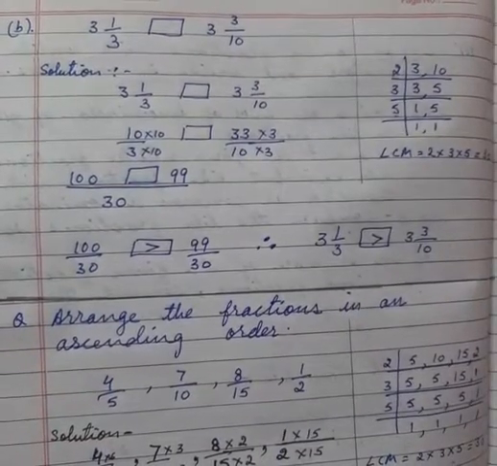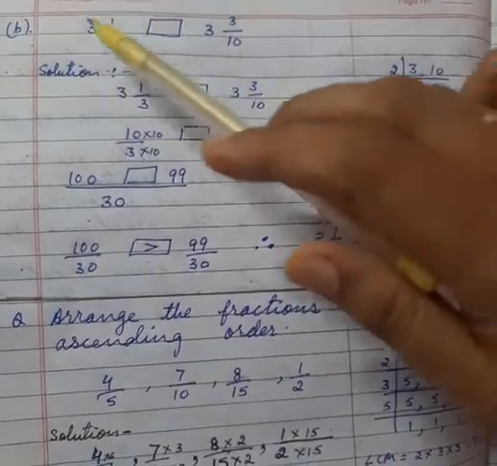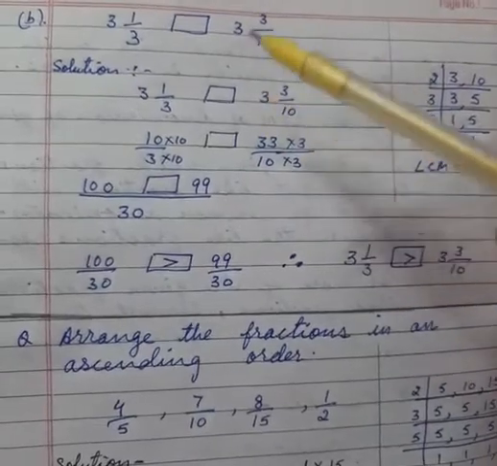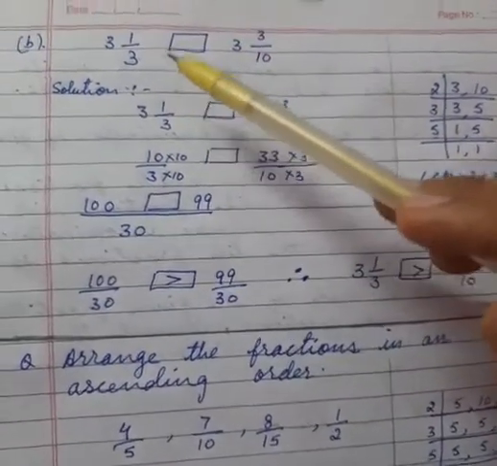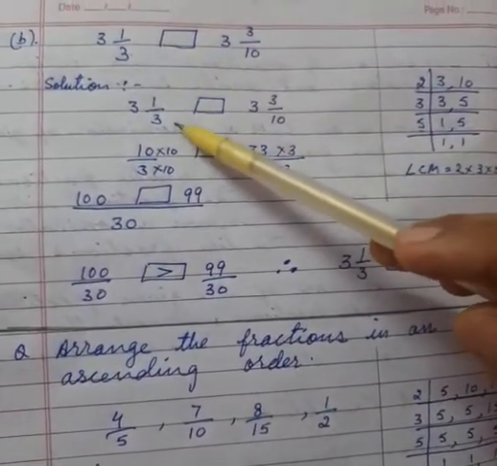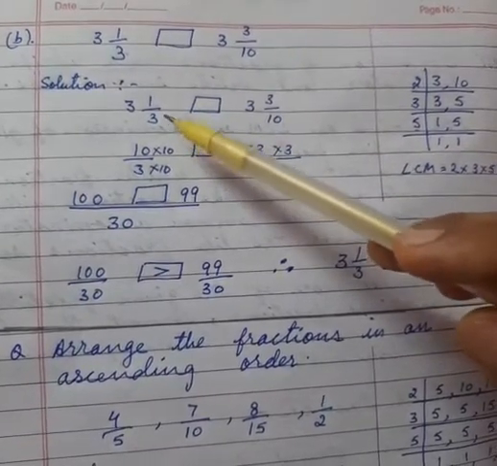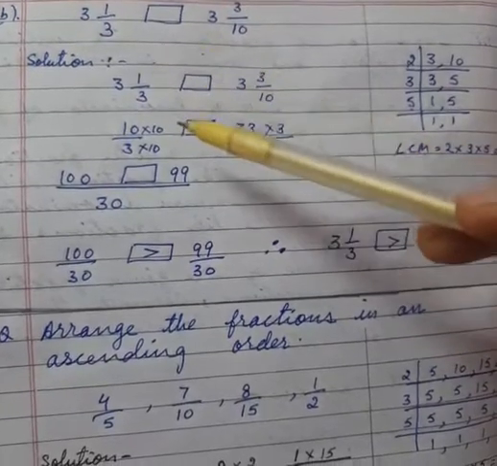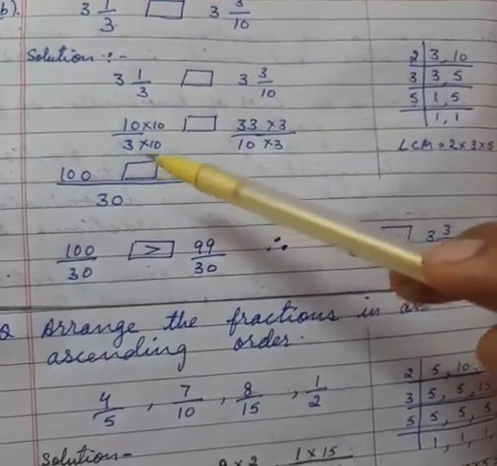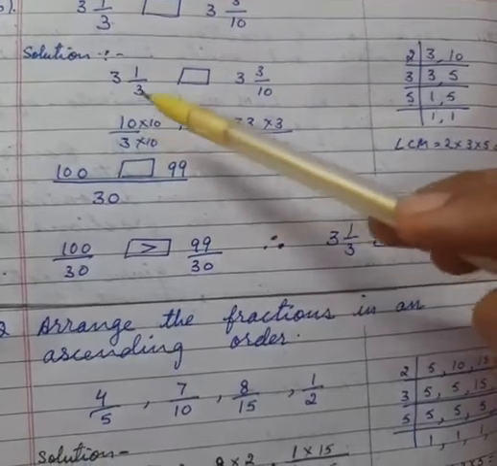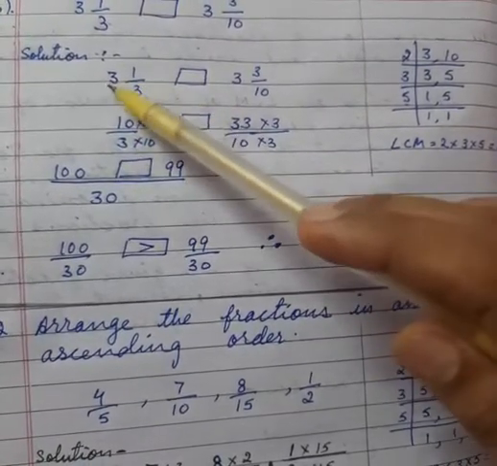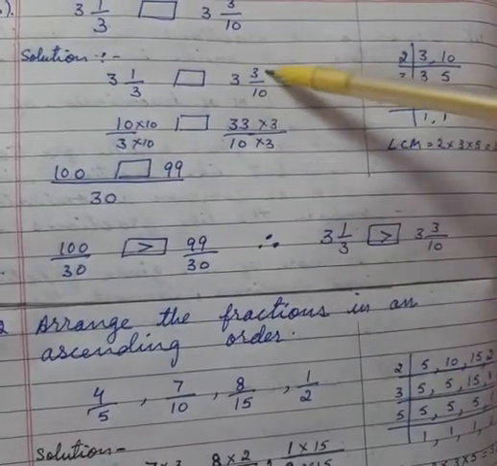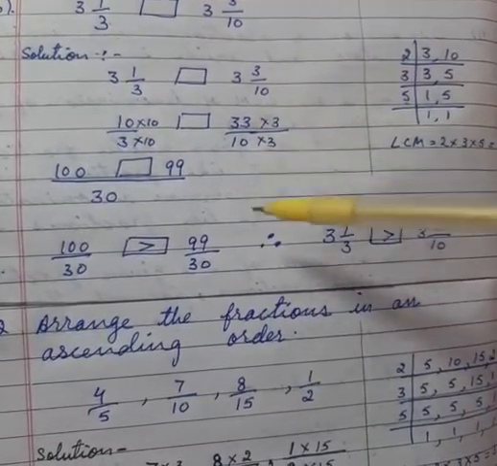Let us see one more example where we have mixed fractions. So as it was told to you before, when it is a mixed fraction, we have to first convert these mixed fractions into improper fractions. How to convert mixed fractions into improper was also explained in your previous lessons. So we will take into consideration 3 3s are 9 plus 1, 10 upon 3. 10 3s are 30 plus 3, 33 upon 10.